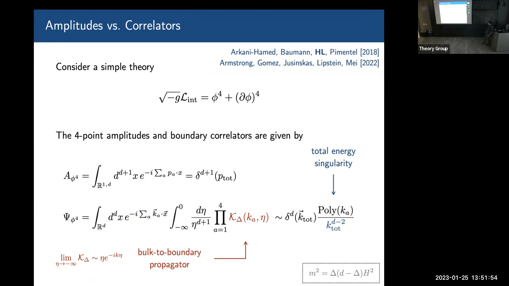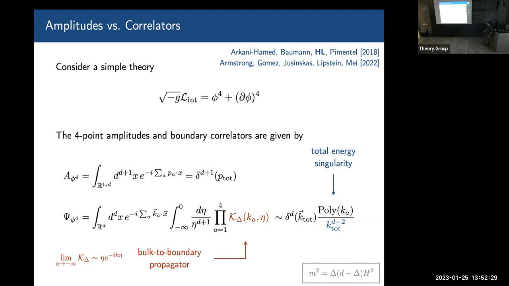Okay, so as a very simple illustration of the structure of these correlation functions, we're going to consider a very simple theory given by this Lagrangian, consisting of phi to the fourth and (d phi) to the fourth interactions. Now what we want to do is to compute the observables in this theory, so amplitudes in flat space and boundary correlators in dS and AdS. For concreteness, I'm going to focus on the dS correlators, okay? And also ignore all the coupling constants and all the numerical factors for simplicity, just to highlight the kinematical structure